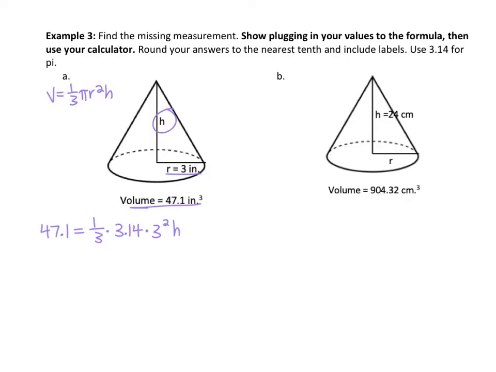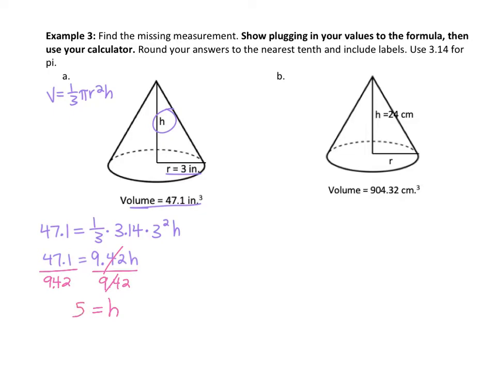We do want to use all the decimals we're given here. We don't want to round until the very end. So we are going to use 9.42 h, and then 47.1. And you know from solving equations that we need to divide by that coefficient to get this to be 1h. So we're going to divide each side by 9.42. 9.42 divided by 9.42 is just 1. So that cancels out, leaving us with h is equal to, type that in on the calculator real quick,